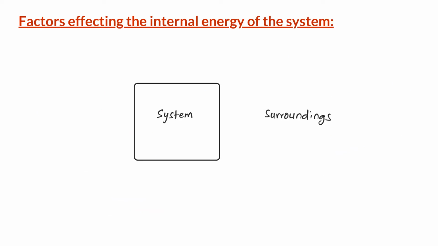The energy transfer between the system and surroundings can occur in two different ways. The energy can be transferred in the form of heat flow between the system and surroundings, or the energy can be transferred in the form of work done between the system and surroundings. Let us now define what each of these terms mean and discuss how they change the internal energy of the